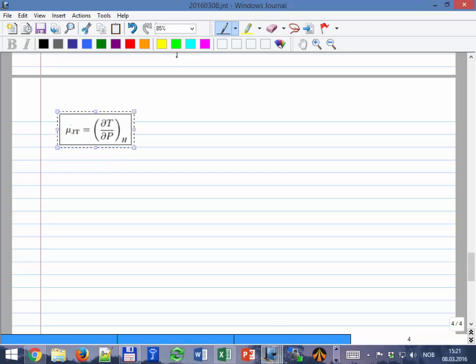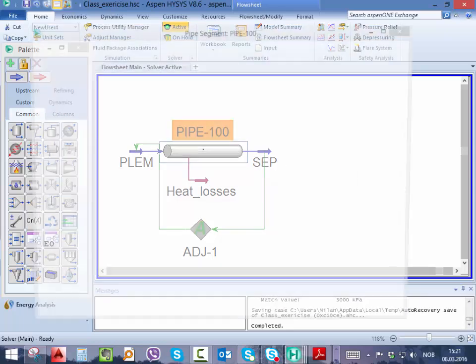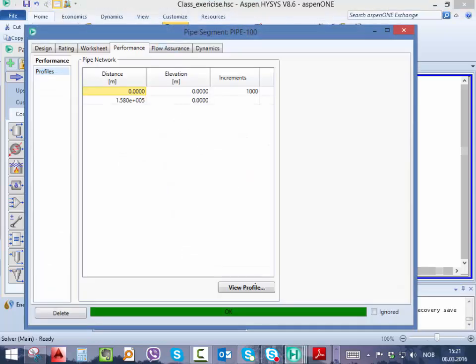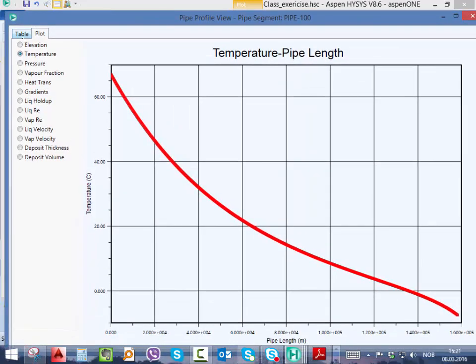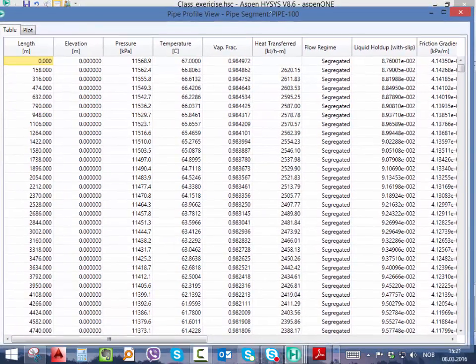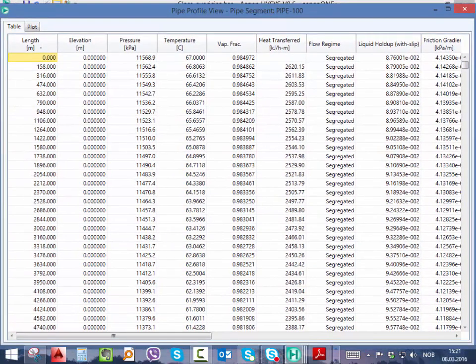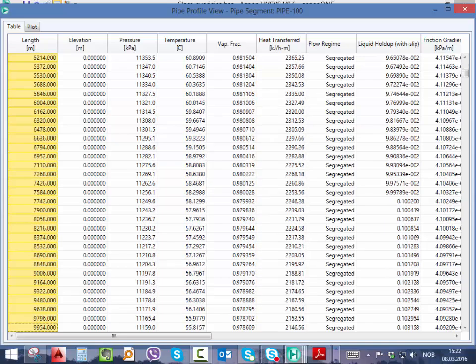One comment on Hysys. On Hysys you click on the pipe performance profile, and actually you can copy whatever you want. It's nice that you can plot it from Hysys, but it's even nicer that you can copy the whole data and put it in Excel, okay? Because Excel we can